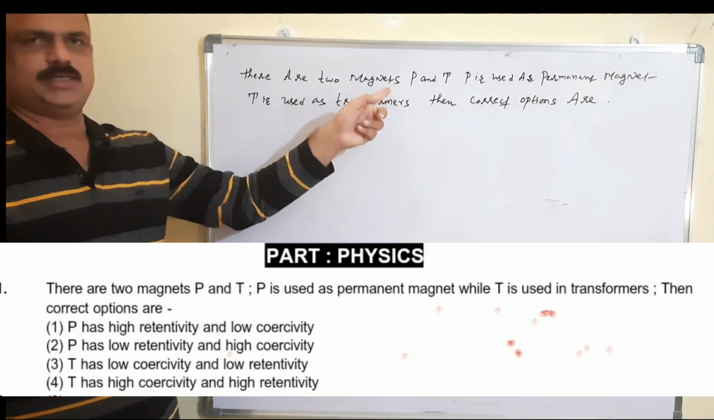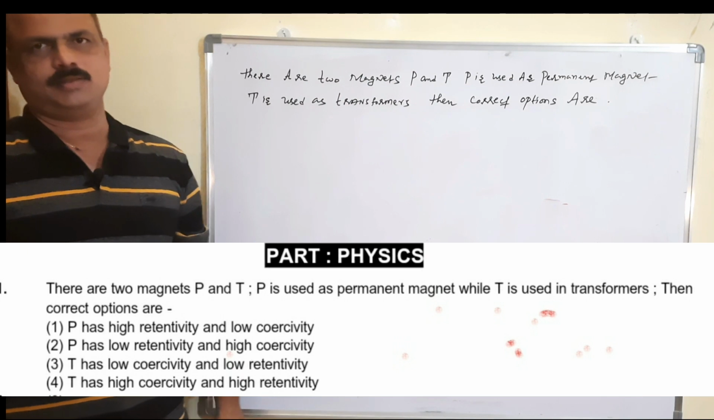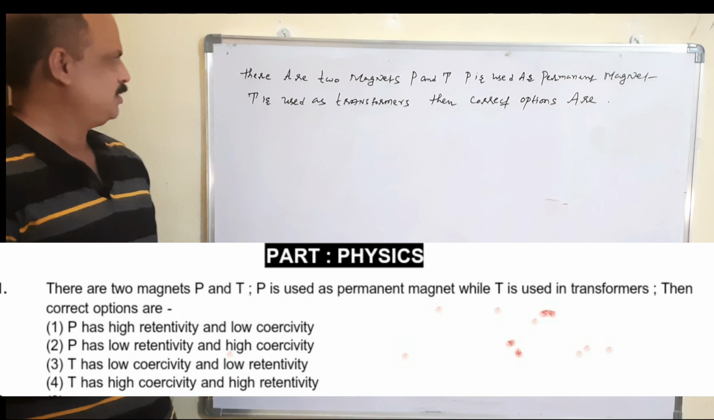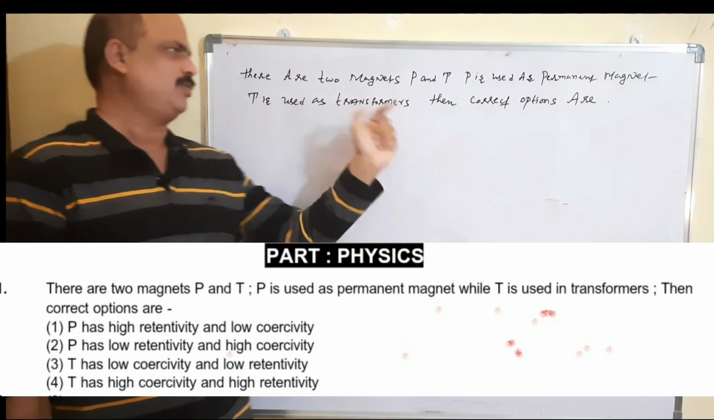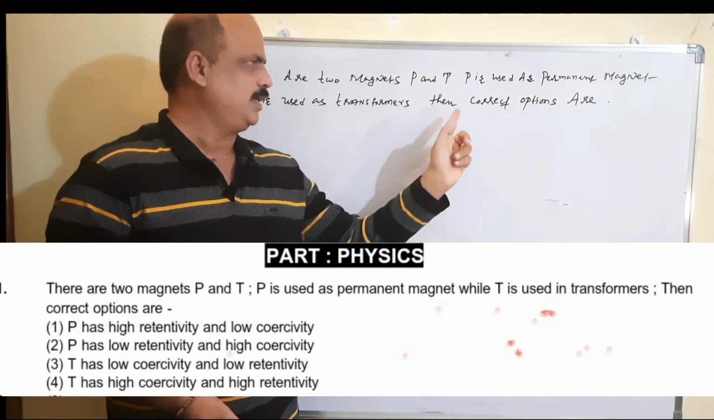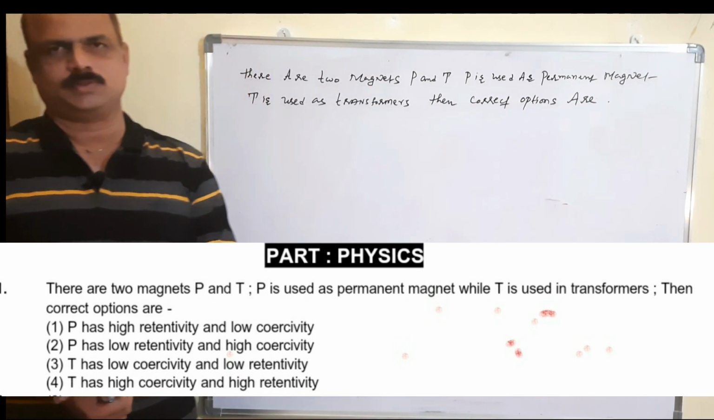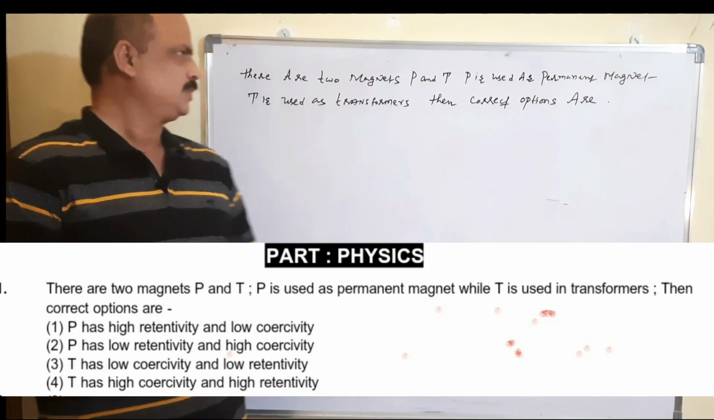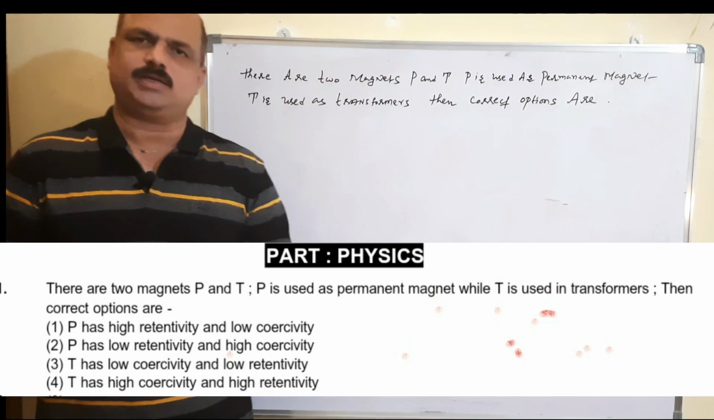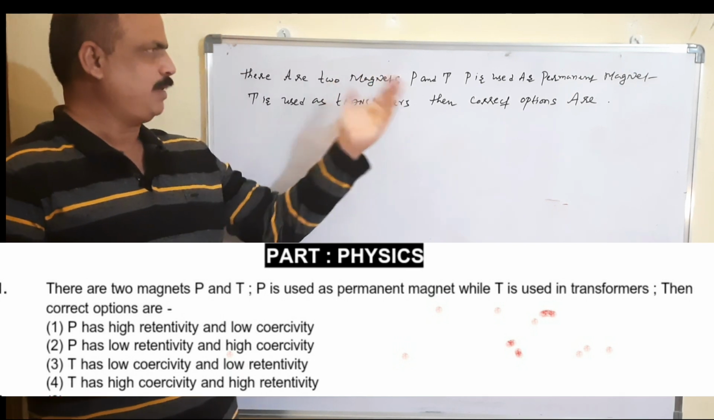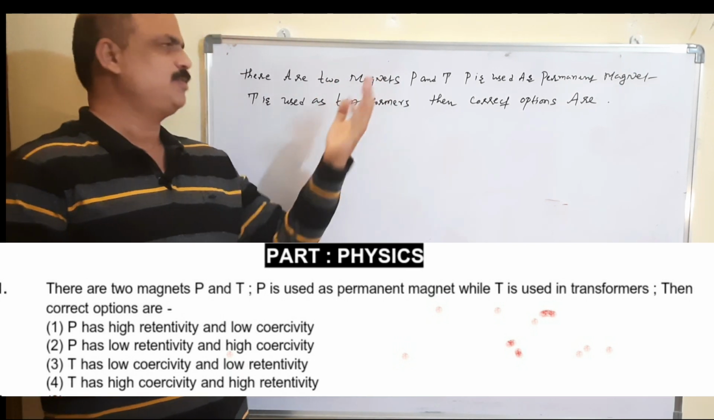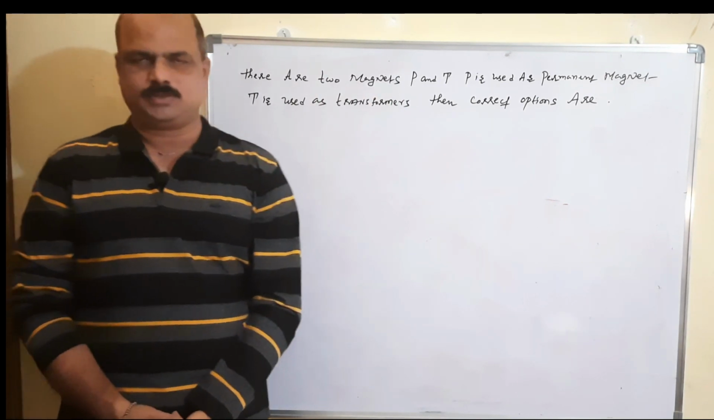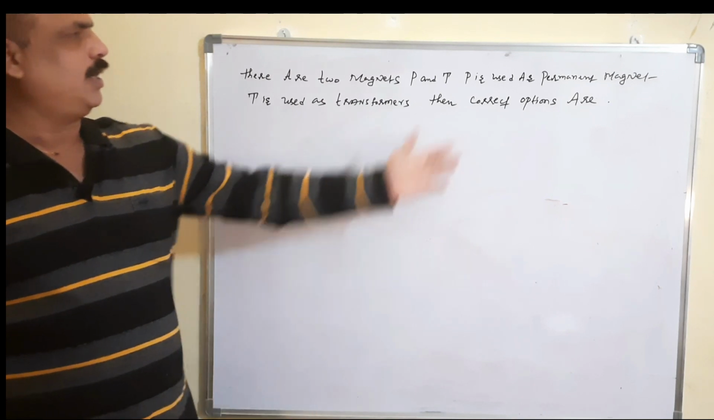There are two magnets, P and T. P is used as a permanent magnet. T is used in transformers. Then the correct options are. In this question, four options are given. So there are two magnets: one is P and another is T. P is a permanent magnet. T is a magnet that is used in transformers. So, the correct options are,